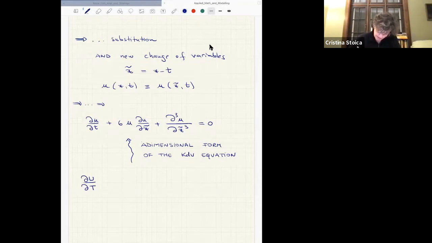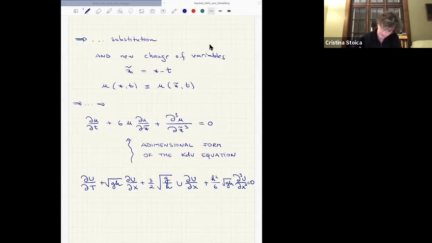So here I'm going to write again the dimensional formulation of the KdV equation. And I'm doing this on purpose, one under the other, so you guys can see the advantages of these two things. So this, let's say in red,